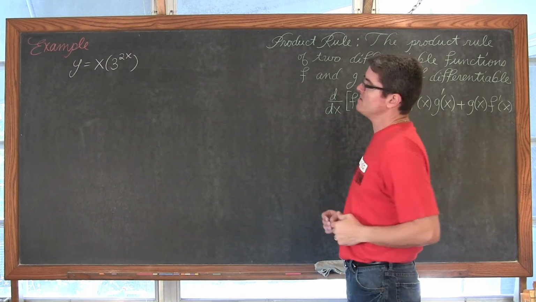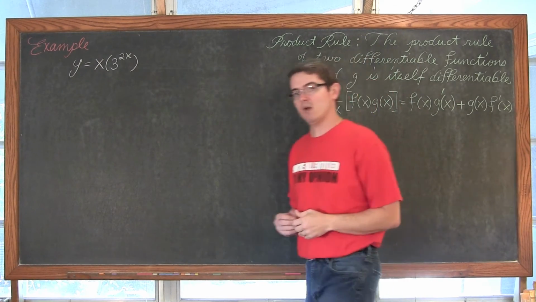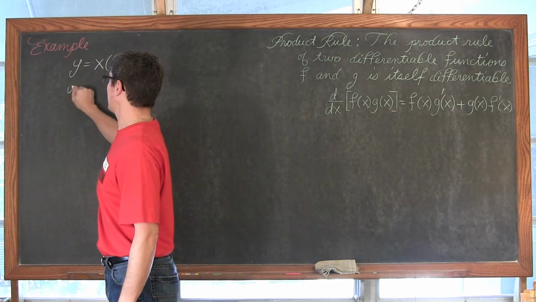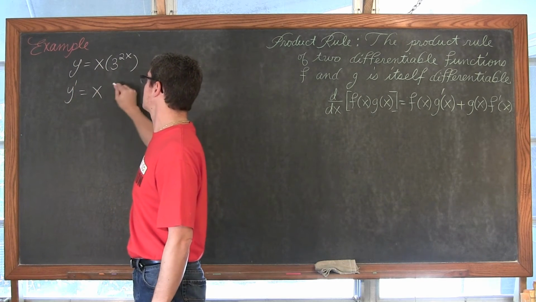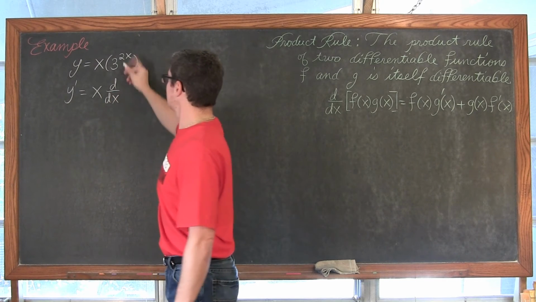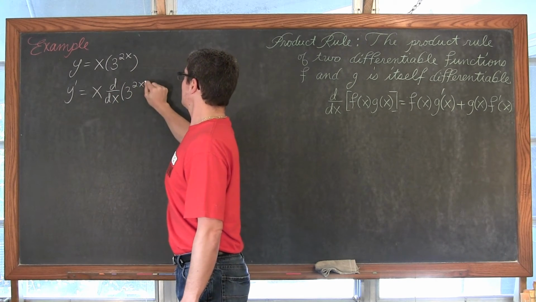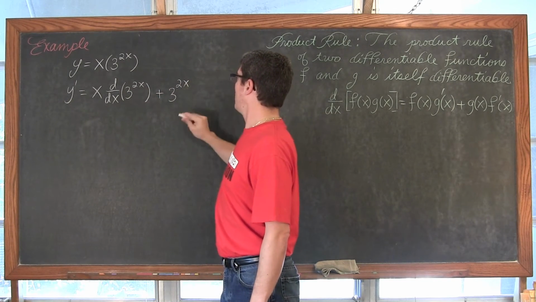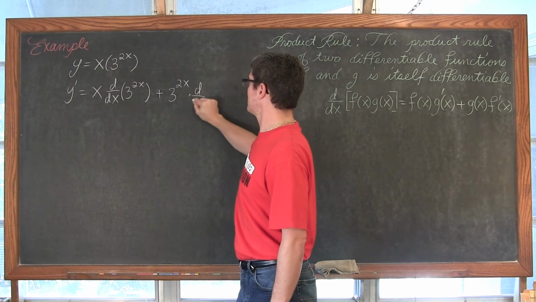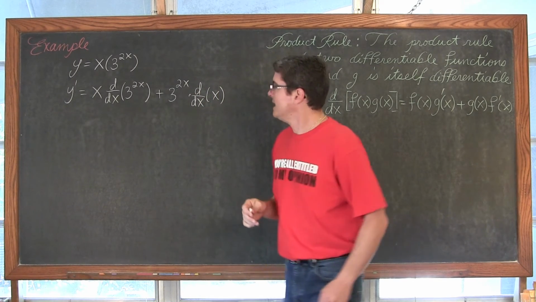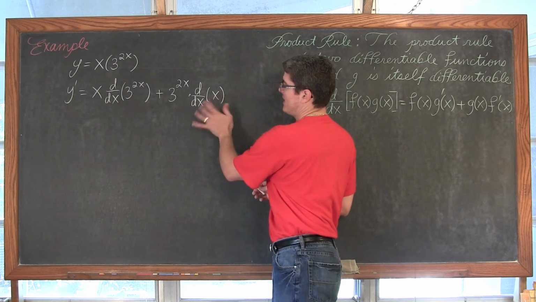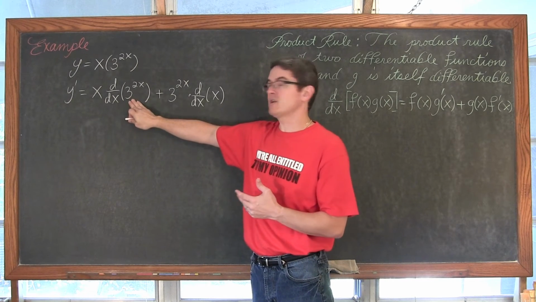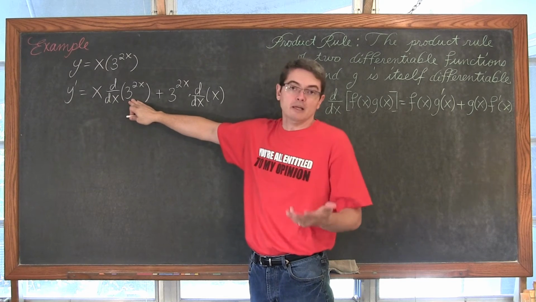Okay, so we have y is equal to x times 3 to the 2x power. So y prime, I'm just going to apply the product rule but not actually work through the derivative process. I'm just going to write y prime is equal to the first factor, x, times the derivative with respect to x of 3 to the 2x power, plus the second factor, 3 to the 2x power, times the derivative with respect to x of x. And really, we know the derivative with respect to x is equal to 1, so we just need to really work on this exponential function with the base that's, well, 3, base a.